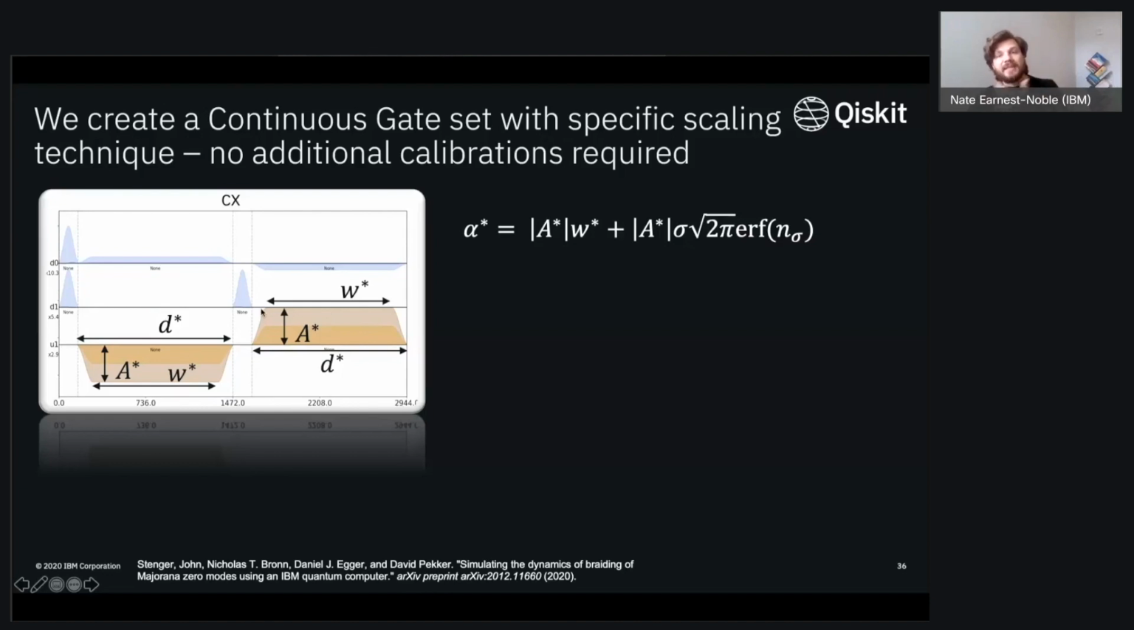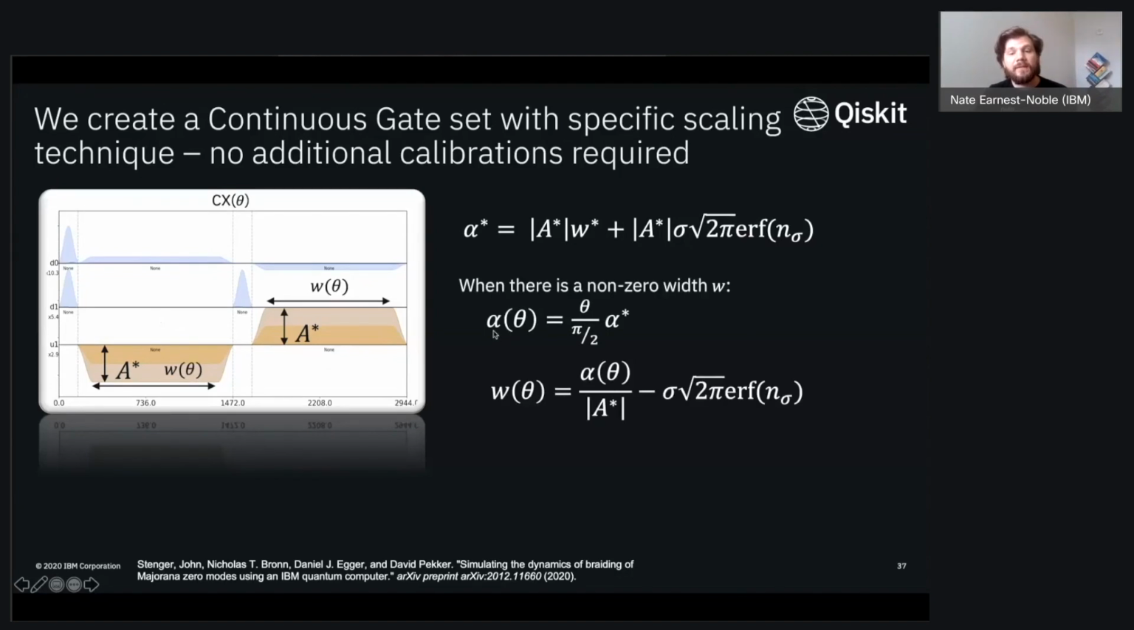use those and scale the pulses in a clever manner such that you don't actually end up having to do any additional calibrations. So you're going to now have this alpha of theta, you're going to normalize by that angle of pi over 2 relative to the initial calibration point based on the target theta that you actually wish to achieve. Specifically, the way that we're going to scale this amplitude to start is we're going to take the width